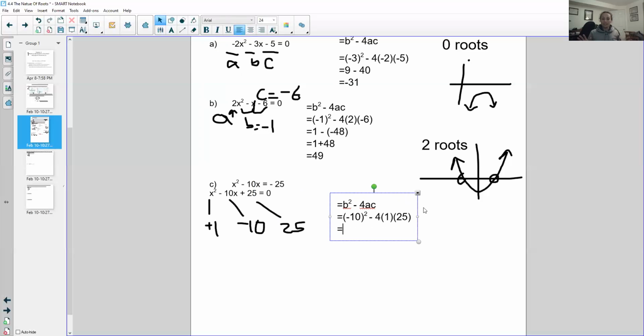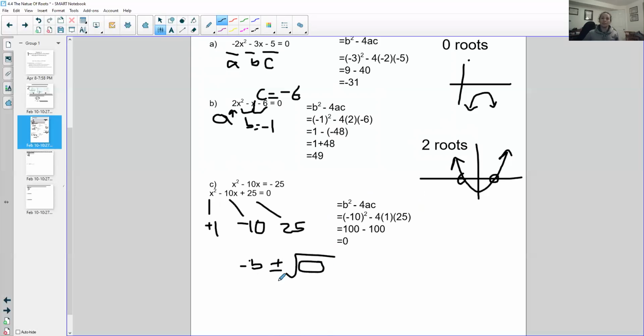All right, -10 squared is +100. 4 times 1 times 25 is 100. 100 minus 100 is 0. Okay, so if you think about your quadratic formula, you would have a 0 under the root sign. So you would have -b plus or minus the square root of 0 all over 2a. Because this part is going to vanish, you're no longer going to have that, which means you would only end